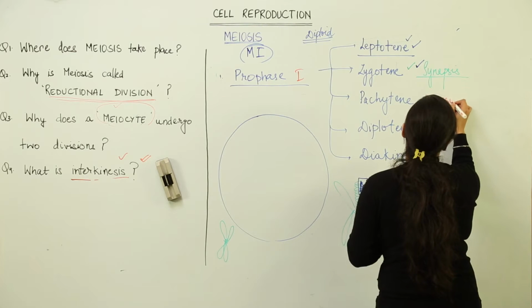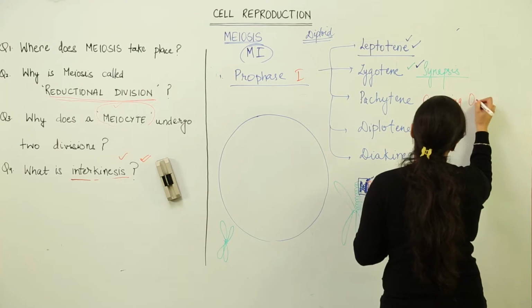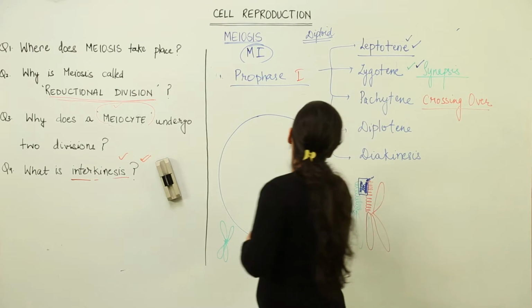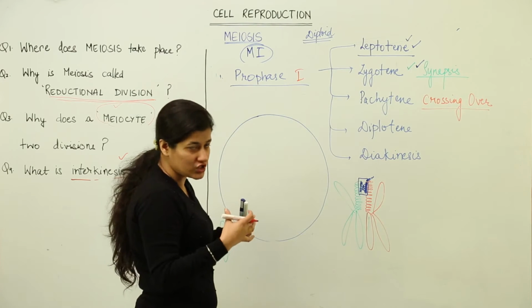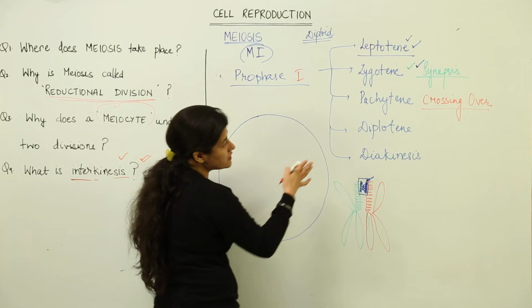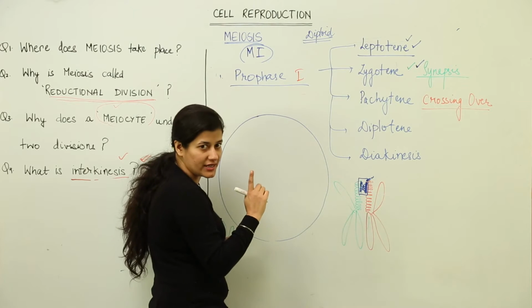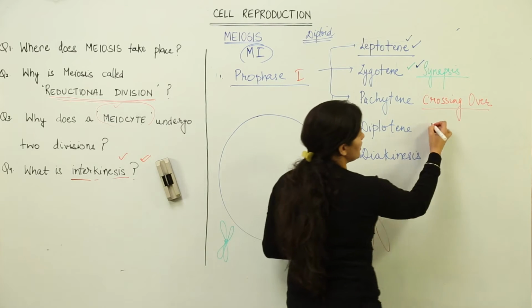Now if you remember, I used two words, one was crossing over and the other was recombination, when I talked about the variations which come in sexually reproducing organisms. So basically this crossing over is going to take place in the pachytene stage. Another thing to be remembered in pachytene is